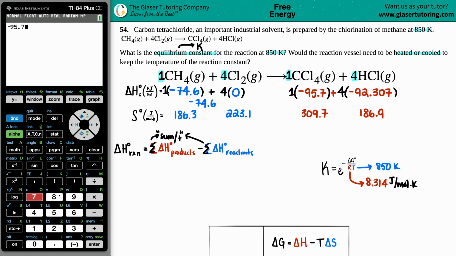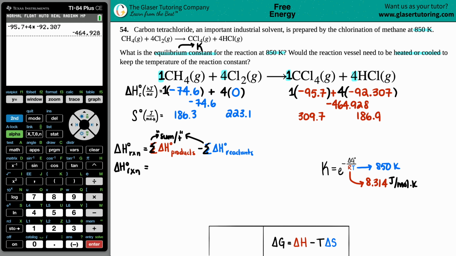95.7 plus 4 times negative 92.307. Okay, so the total here would be negative 464.928. And maybe I'll just drop these down a little bit. There you go. So now we have the sums for both the products and the reactants, so let's just add